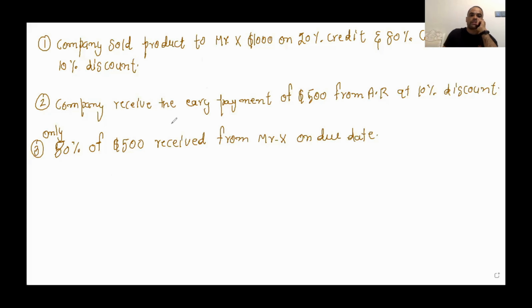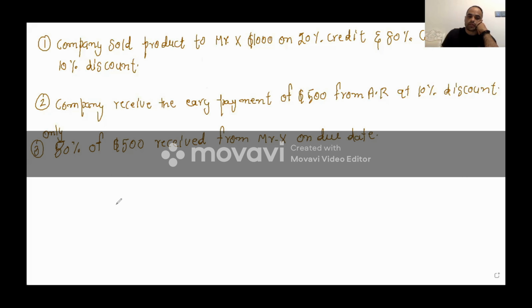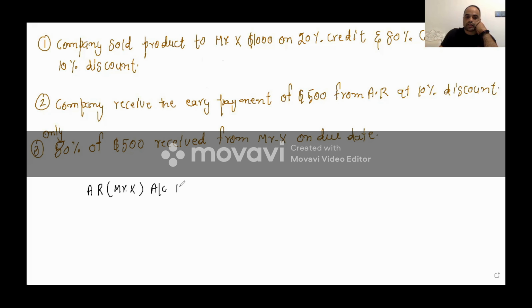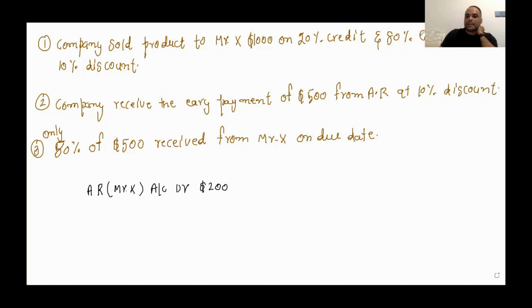So company sold product. Obviously it's sales. 20% credit means accounts receivable, which is Mr. X. Mr. X, account receivable, account debit, right? How much? 20% is 200, right? And 80% cash with 10% discount. So 80% cash means